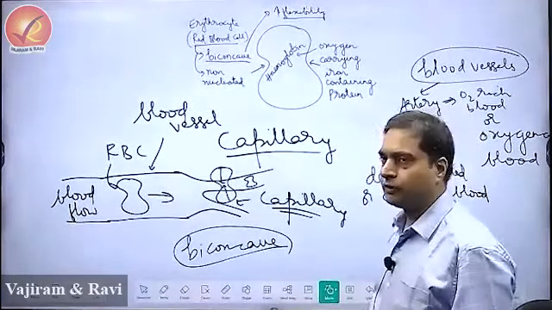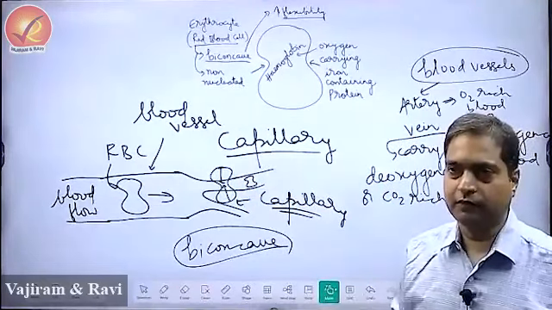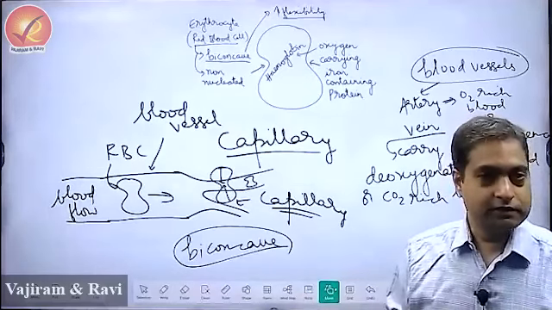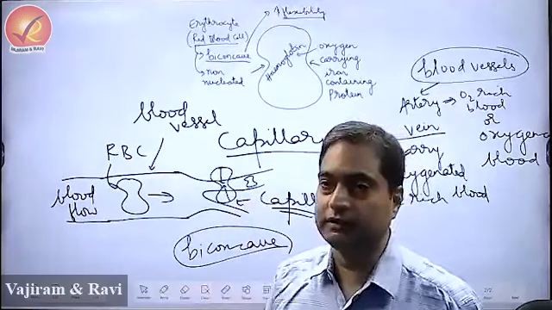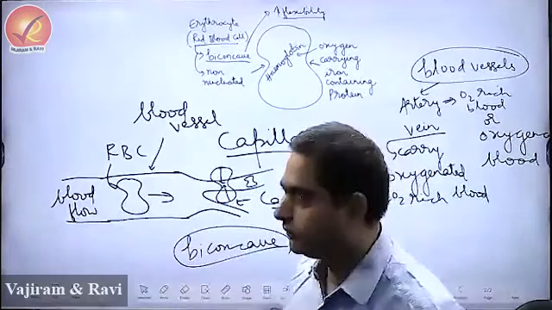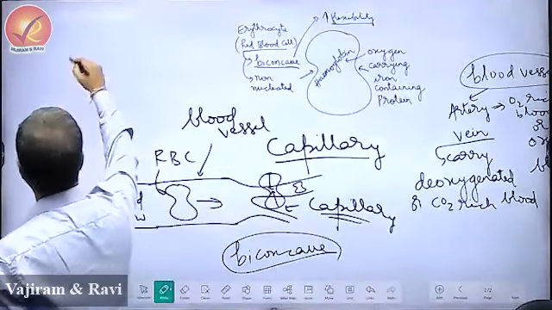Why is it important to know? Because when we discuss a genetic blood disorder that all of you know at least by name, sickle cell anemia: in sickle cell anemia, the RBC loses that flexibility, becomes rigid in nature, and blocks the blood flow. So in people with this genetic blood disorder,